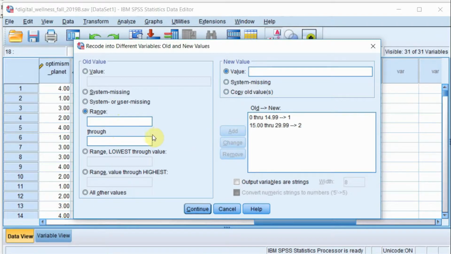And if they fall into that category, they're going to be assigned a 2. So hit add. And then finally, we'll say anybody who has spent 30% of the time on the phone through, I believe the highest we had was 54 point something, so I'll say 55% of the time, we're going to assign them a value of 3 and hit add. Now we just hit continue,